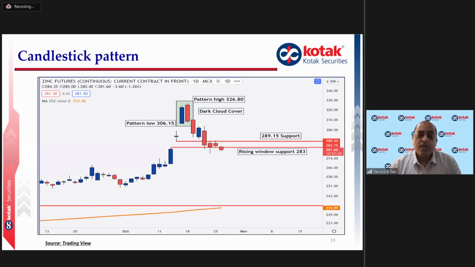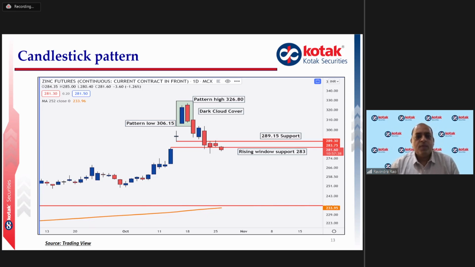A close below the pattern would give you a confirmation, and after that you can see how the prices have moved lower. Now, as I mentioned, in candlestick pattern, it will not give you a target, but you can set target as per different other tools. Like here, if you see, there was a rising window support near 283. So the pattern low is 306.15. So once it penetrates 306.15, you can take a target of 283